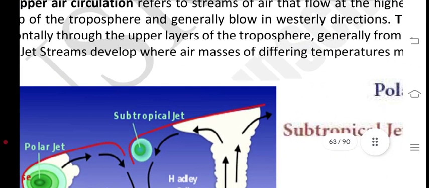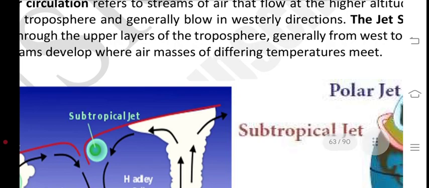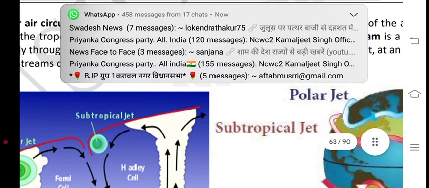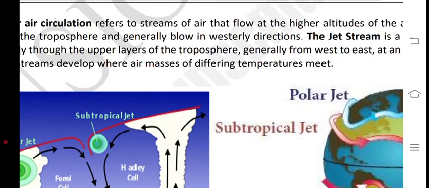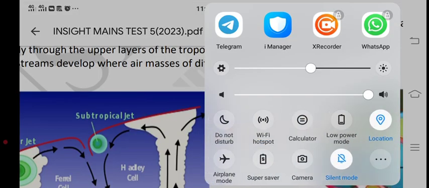Jet streams develop where air masses of different temperatures meet. Polar